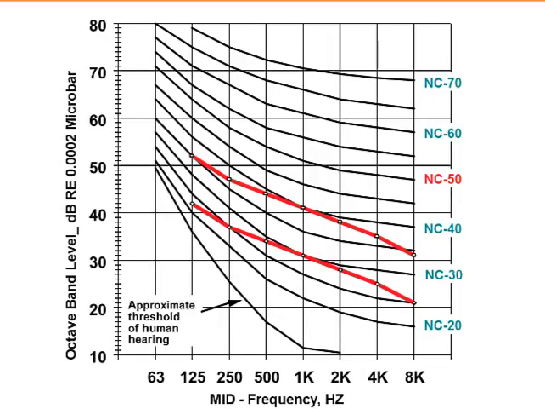Now this would be a misuse of an NC chart because NC charts are used to plot sound pressure, not sound power versus frequency by octave band. Remember, sound pressure is sound power minus room effect or room attenuation. Every environment includes some amount of attenuation or absorption, so we never really hear the full sound power of a